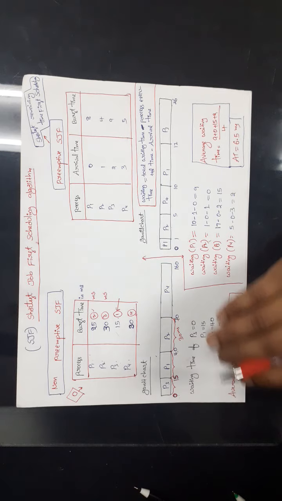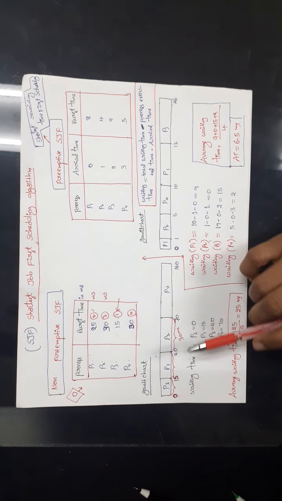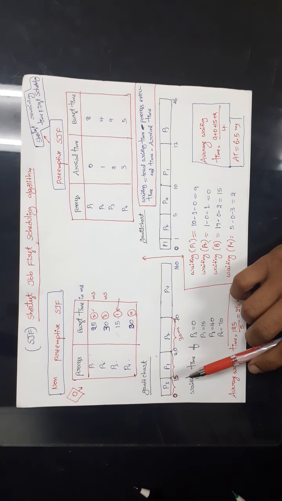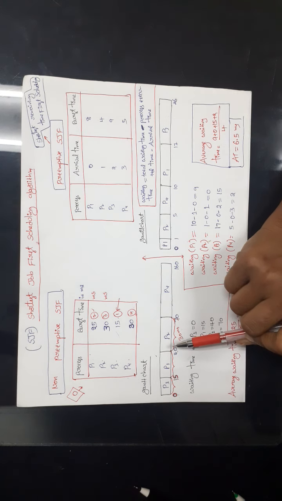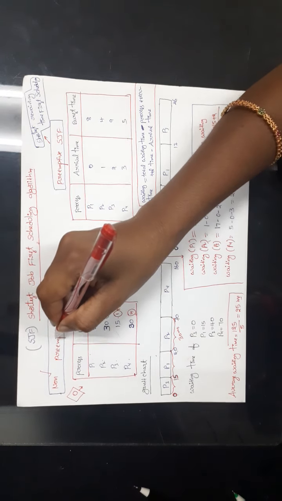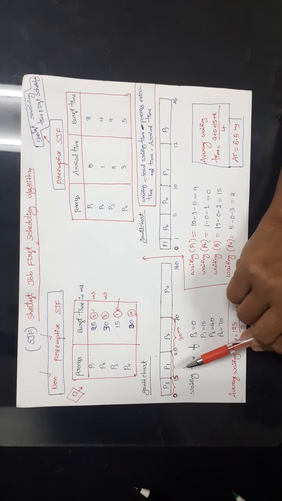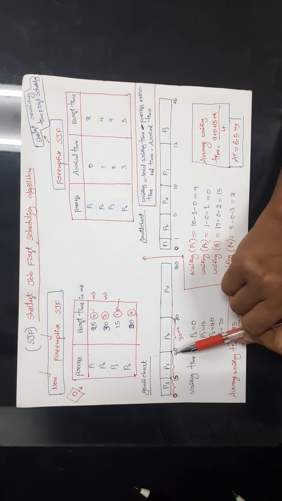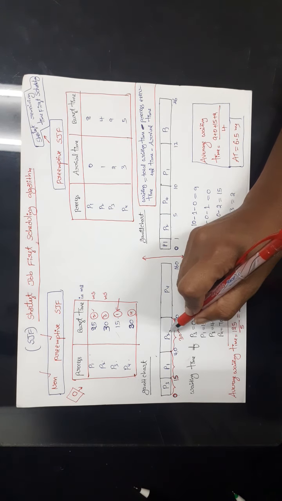That means we are not forcing any process to give up the CPU. We are not taking the CPU from the processes in between the execution. We allow each and every process to finish its execution, and only then do we take the CPU. This is called non-preemptive scheduling, because we are not forcing any process to give up the CPU. After finishing the execution of the process, only then we take the CPU. So now P2 has got the chance at this time, so the CPU will be allocated to P2, and it will take the CPU and execute.